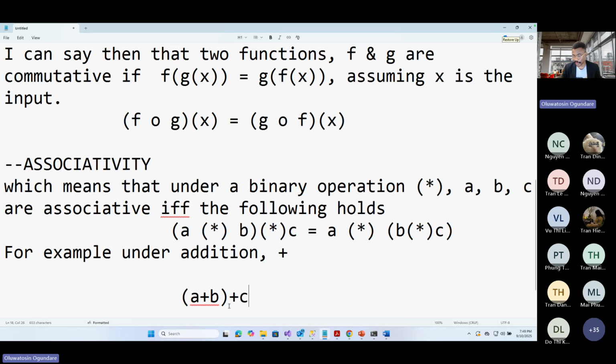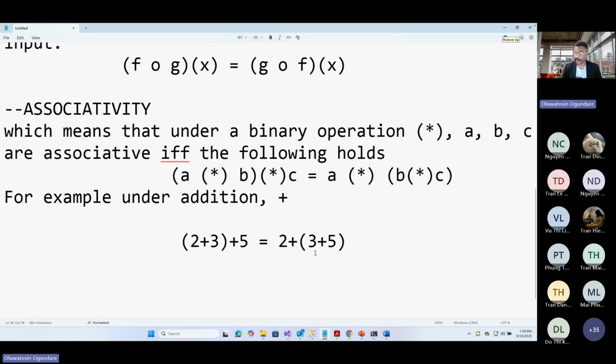So you do these two first, right? In fact, let's do 2 plus 3, right? Which is 5 plus 3 plus 4, right? Or in fact, let's make this 5. Sorry, it's the same as if I did 5, 3, and 5 first, right? And then 2. Because we know that under